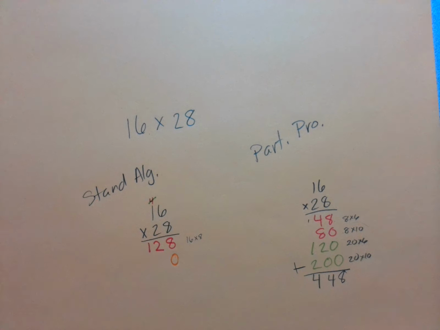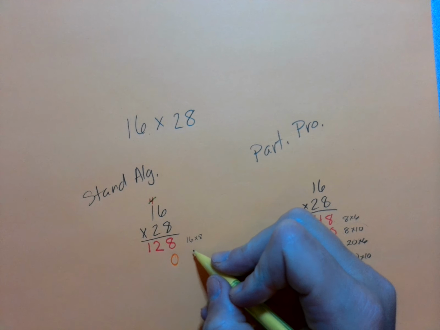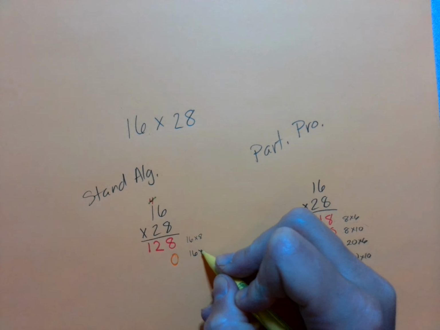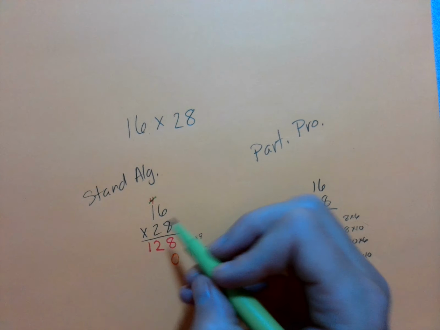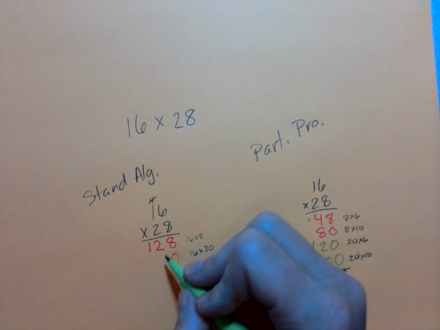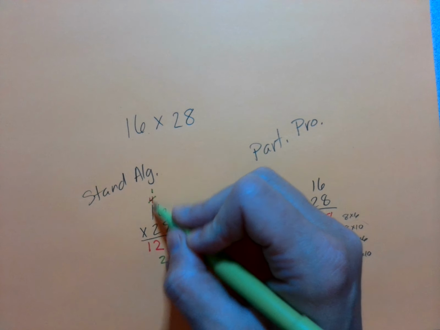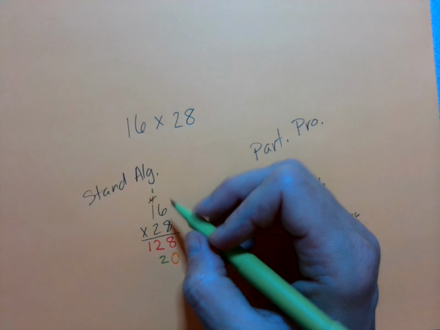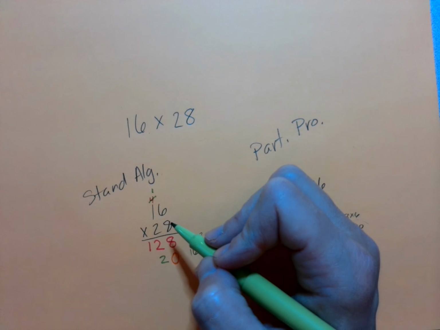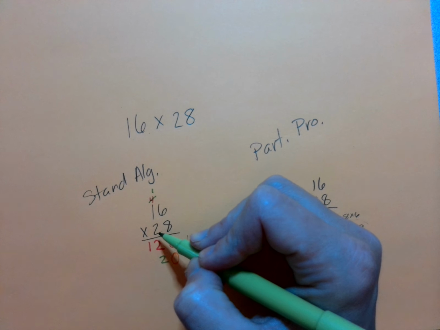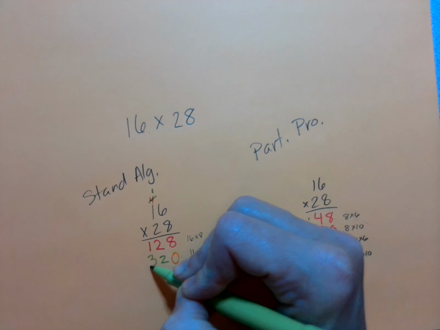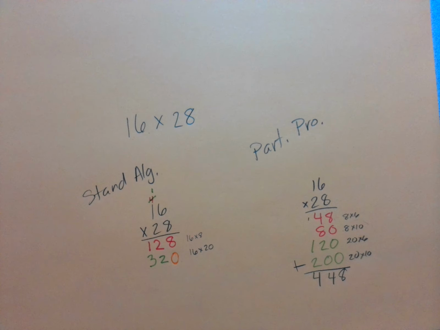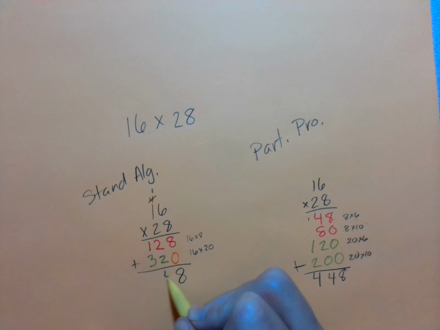And what am I technically going to be multiplying here? I'm going to be technically multiplying 16 times 20. But that 0 already being here, I won't have to worry about it. So 2 times 6 is 12. I carry the 1. See, it was important that I got rid of that 4 so I could see it. Never erase it. Always cross it off simply so we can look back at our work if needed. 2 times 1 is 2 plus the 1, so that would be a 3. So now I have my 2 partial products, and I can add them together and get